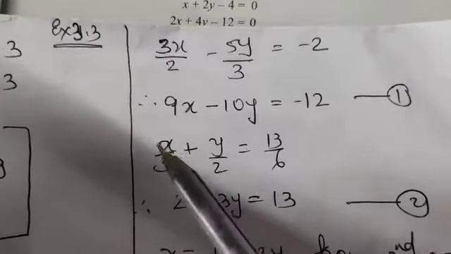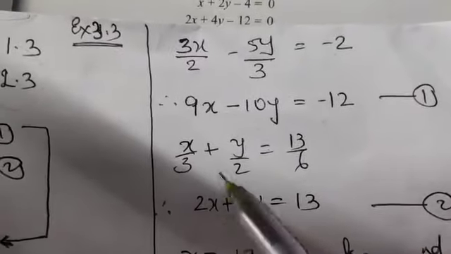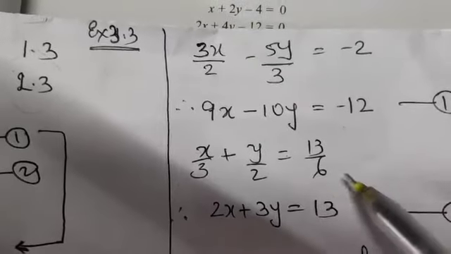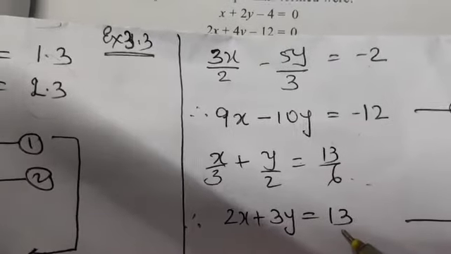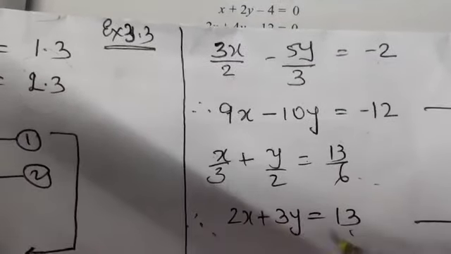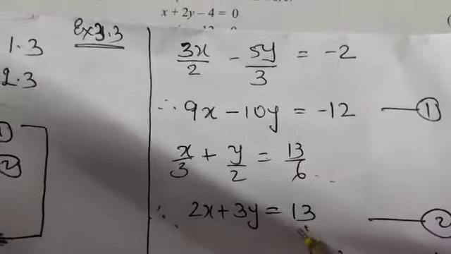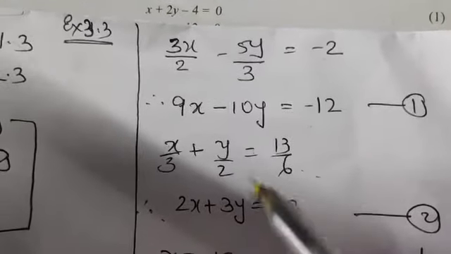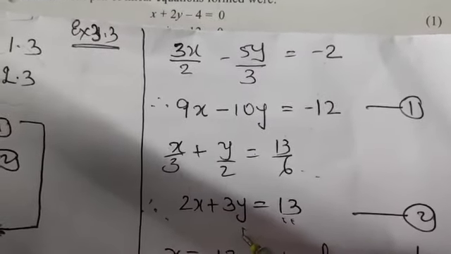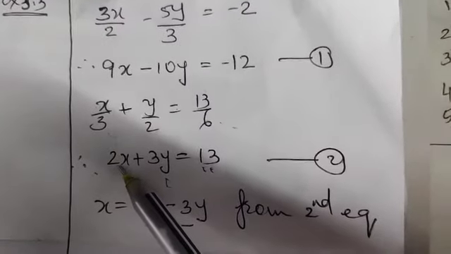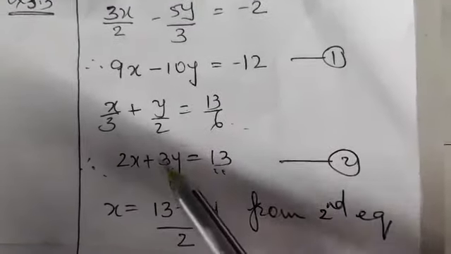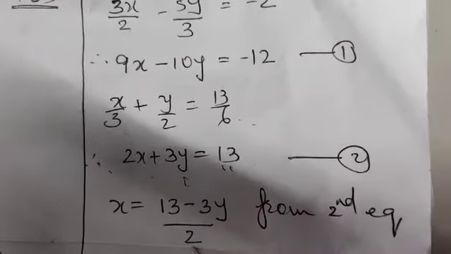In this case, 2x plus 3y, again LCM is 6 over here. But since denominator is 6 on both the sides, here 6 is not to be multiplied. Am I right? So it will become 2x plus 3y is 13. So first equation, second equation you are having. Now again, from any one of them I can take the value of x or y. I have again stuck to x value only. X I have taken up from the second equation: 13 minus 3y divided by 2.